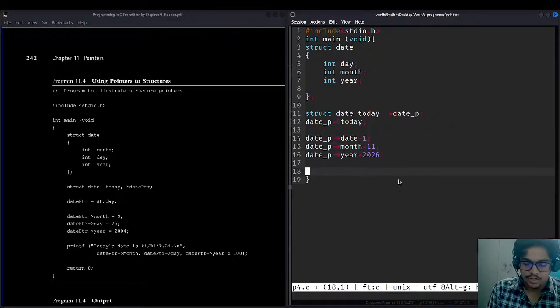Now we are printing the date. Printf, today's date is, and since it is integer, we will be using percent i slash percent i slash percent i, new line character.